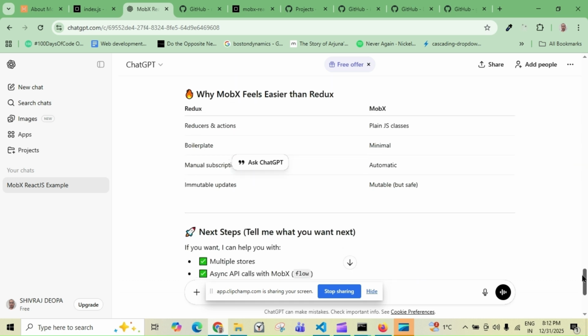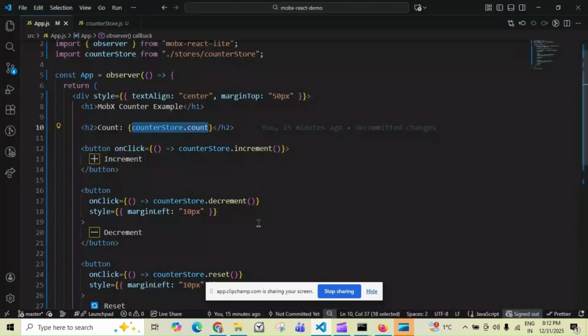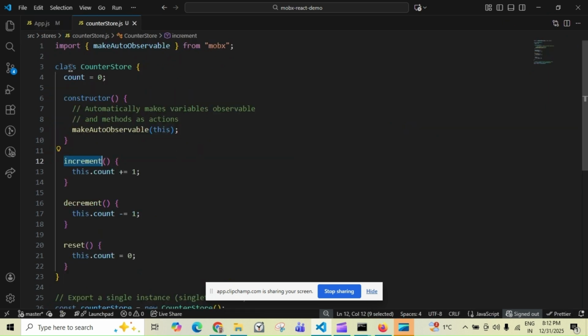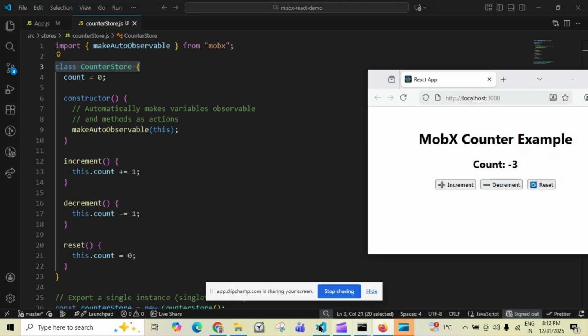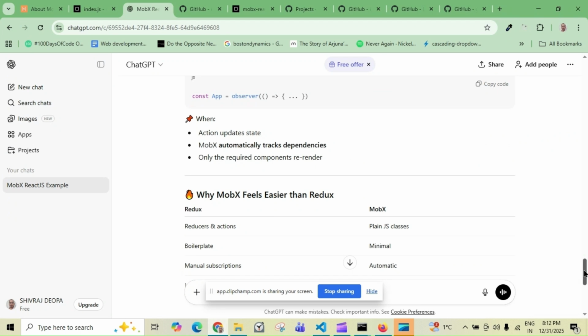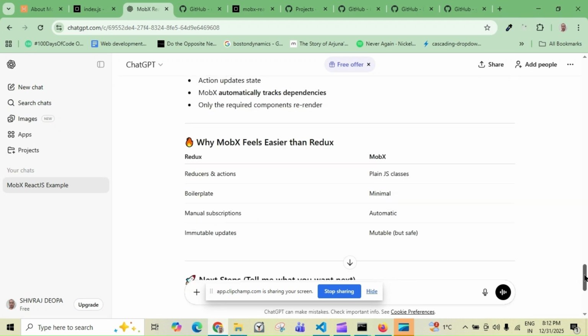And why does MobX feel easier than Redux? No reducers and actions boilerplate, just plain JavaScript classes. So these are plain JavaScript classes, right? Inside this, this is your MobX store. So you don't require anything, simple plain JavaScript classes. This is what it is talking about, and boilerplate is minimal. So if you have worked with Redux or in future you will be working, you will see there is a lot of boilerplate code, means a lot of code is there in order to configure Redux, and then you use Redux like action, dispatching the action,